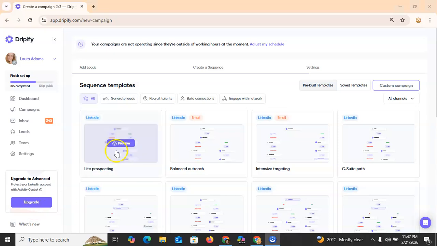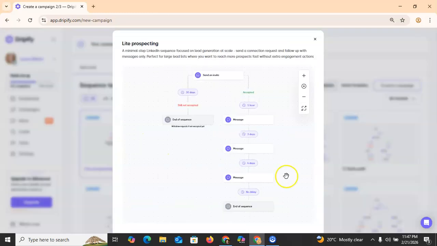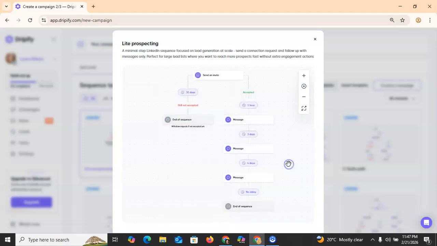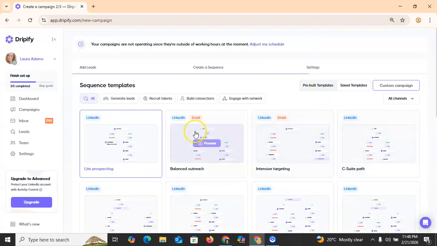For example, I'm selecting here light prospecting, and now send connection request, and this is the add note message. You can make the add note message according to your requirement, and after 1 hour, if your connection request is accepted, message after 3 days, 4 days. So different sequences are available. You can choose according to your requirement. For example, I'm choosing this